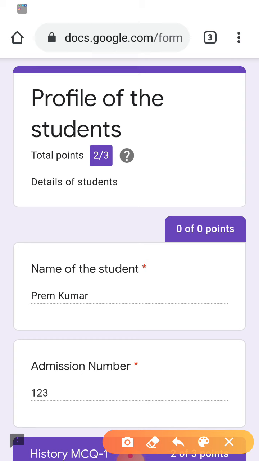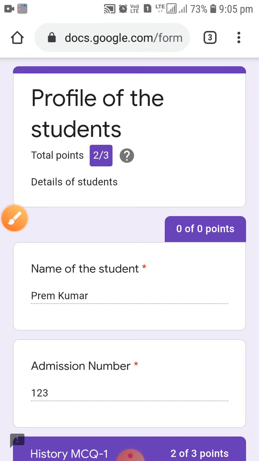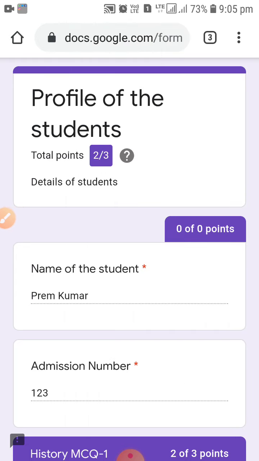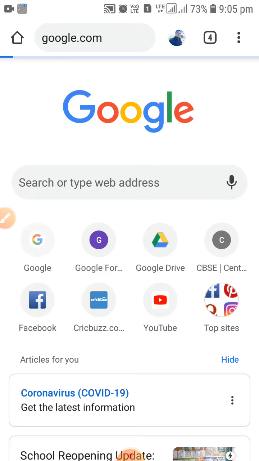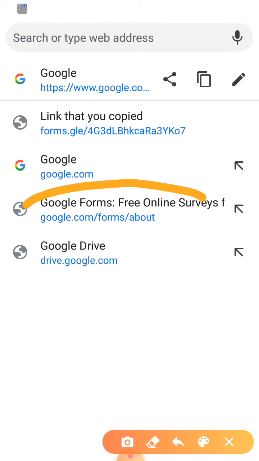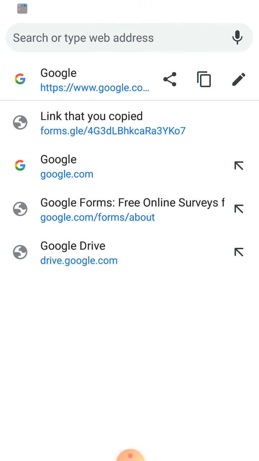to your Google Form options. Again you will have to go to this particular three dots, click on new tab, and type the same URL again. You can see, as we have done this one, it is coming there, docs.google.com/forms/about. So I'm clicking on that,